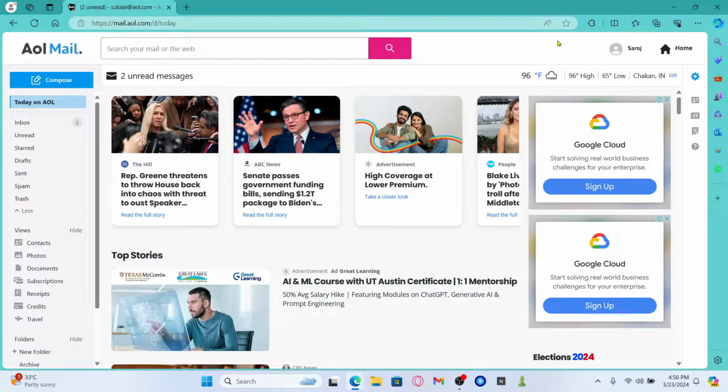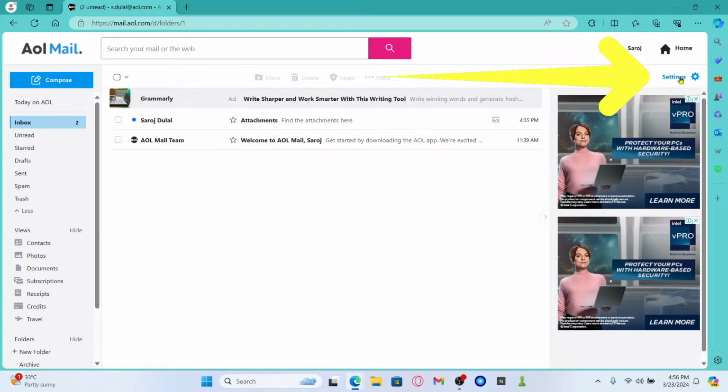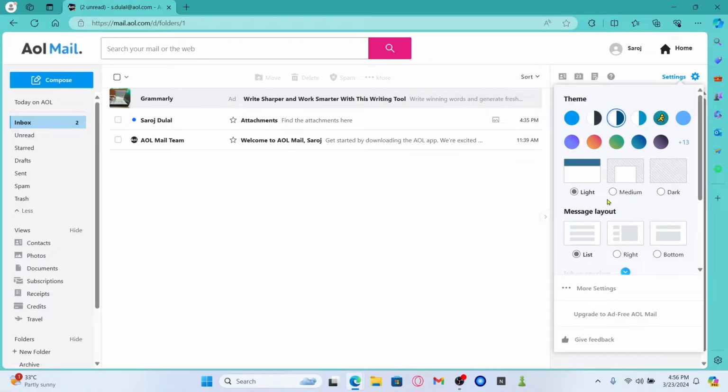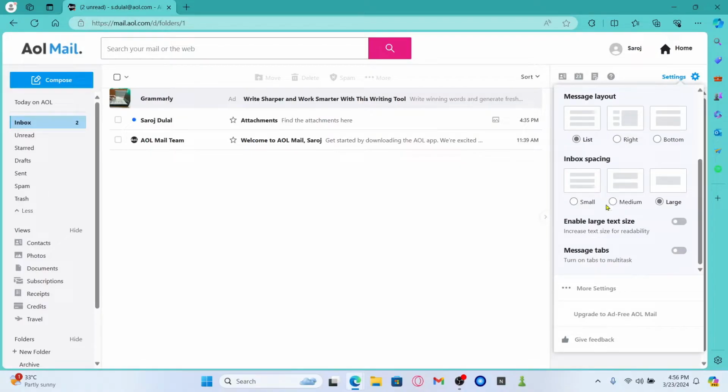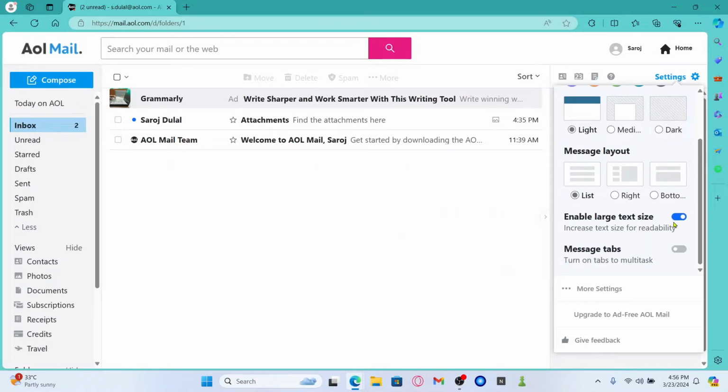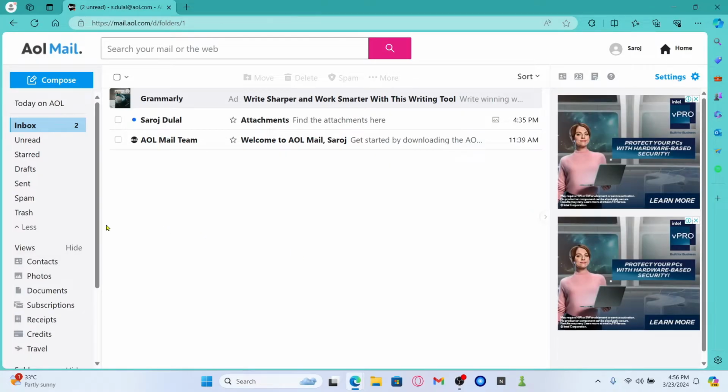Once you have been logged into your account, if you wish to make the fonts within your inbox much larger, then click on the settings option at the top right corner and from underneath the theme option scroll down until you find the enable large text size option. Click on the toggle at the right side and you will immediately see all of your text will be changed into a larger size. Now you can go back to using the large size text menu within your AOL mail,